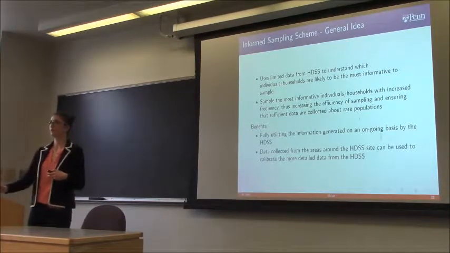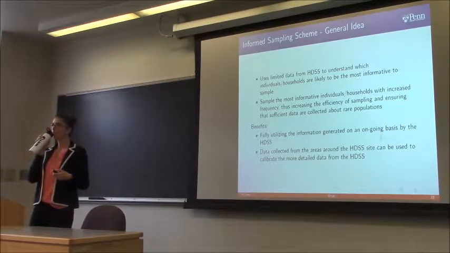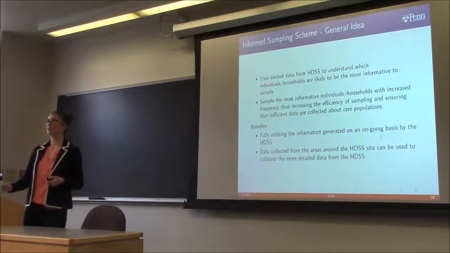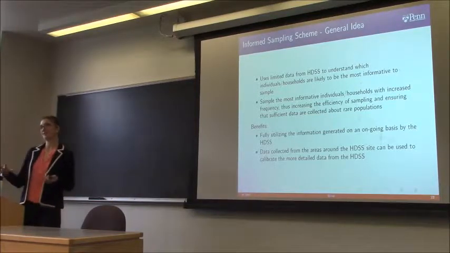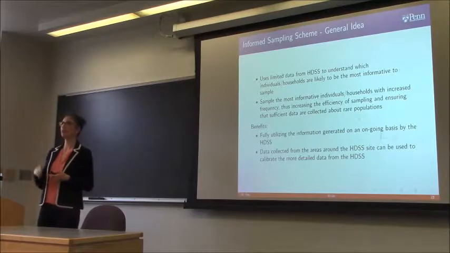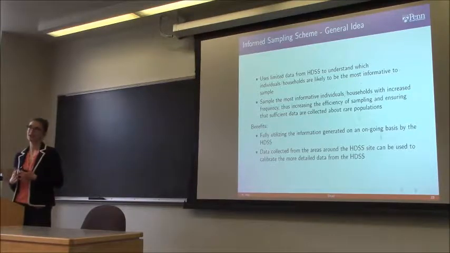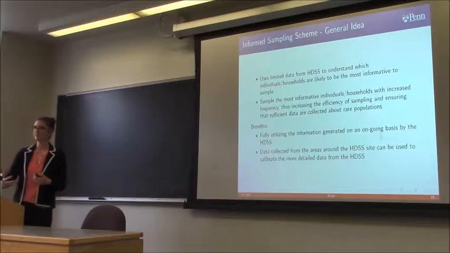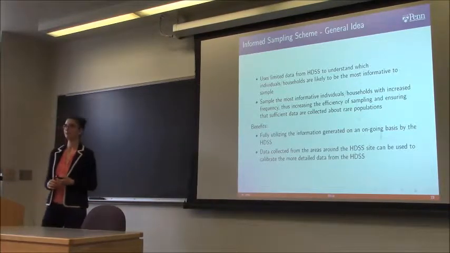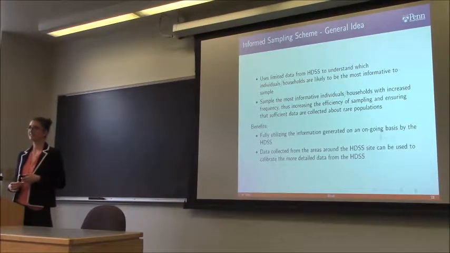Yeah? When collecting information only from the most informative individuals, doesn't that give a biased view of the data? Great question. So we can actually take that into account in the modeling step, which comes after. Right now we want to capture people, so it's just a different type of sampling procedure. And then when you think about which models you want to use to actually analyze the data, when you take the design into account, your bias goes away. And I'll show you about that later. Good question. Are there any other questions?